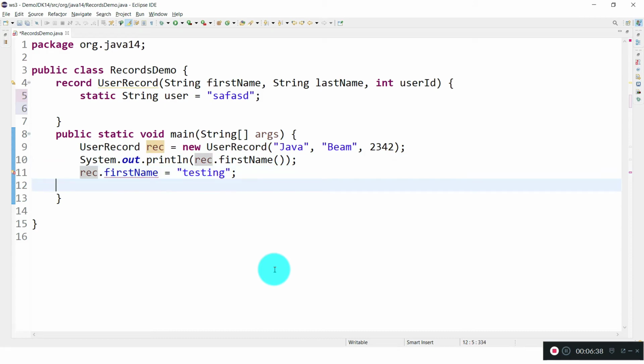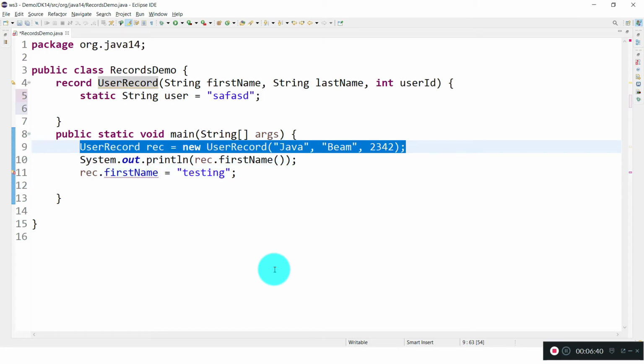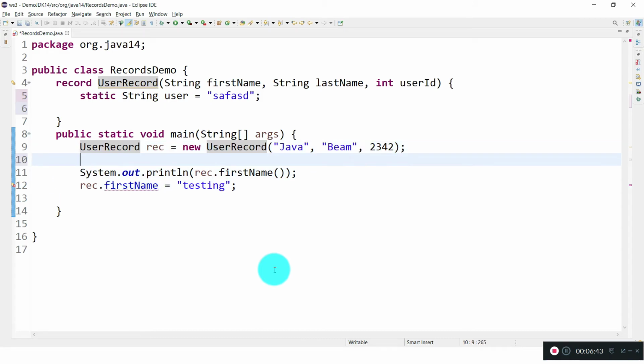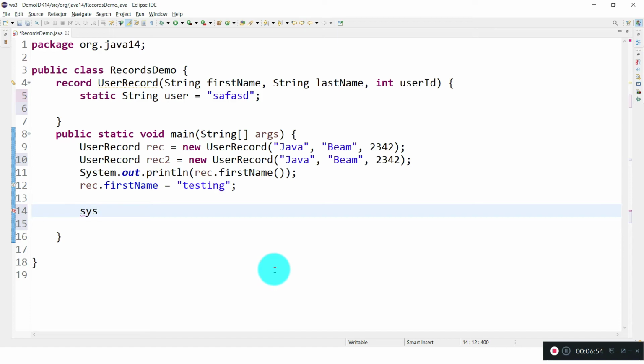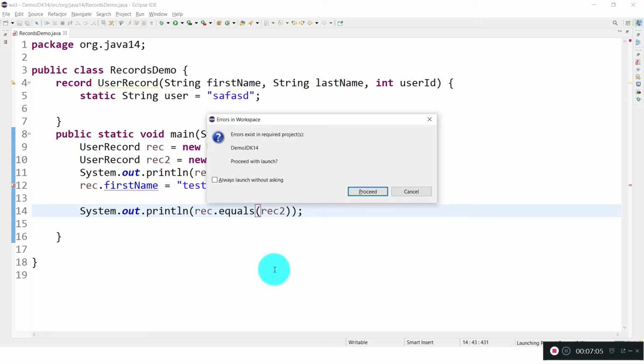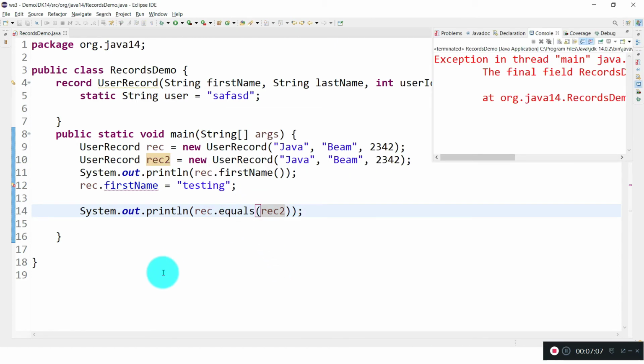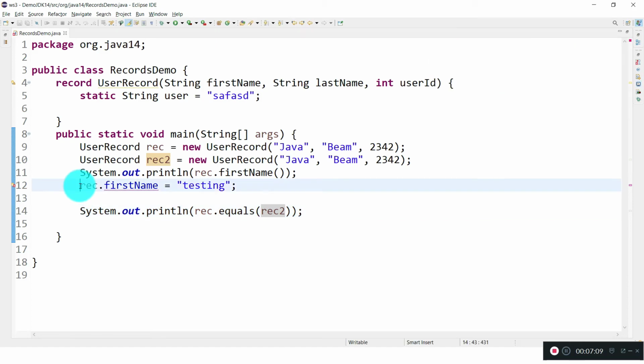Let me create one more object and let's see whether we are able to do the equals or not. This is record and this is record 2, let's say, and here let me compare, I am calling record dot equals and passing this. Here is a compilation error. The field is final, so we cannot assign a value.